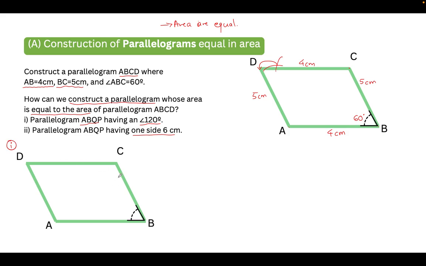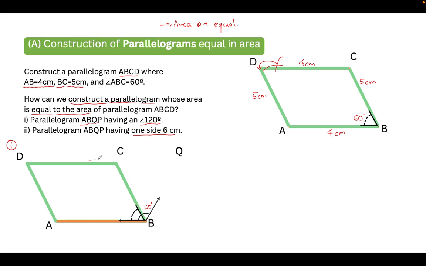Okay, so we need to have 120 degree. First of all we will construct a base AB because they are standing on the same base AB. Here the orange means another parallelogram. Now we will construct a 120 degree angle at B such that this is 120 degree. Okay, fine. Now we will